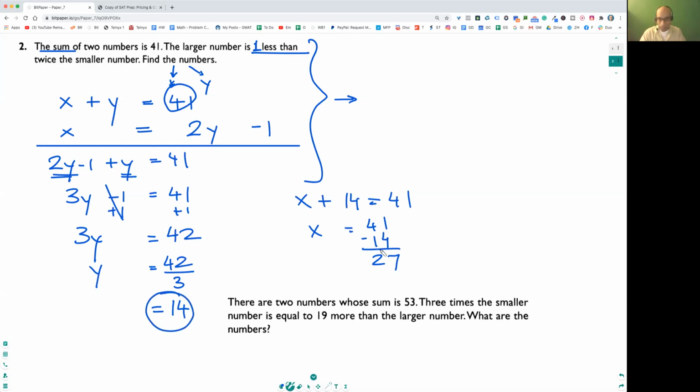Now let's think about these two numbers. The sum of two numbers is 41. I always check the answers. I always check what I get. So 14 plus 27 is 41. That's perfect. And then the larger number, 27,